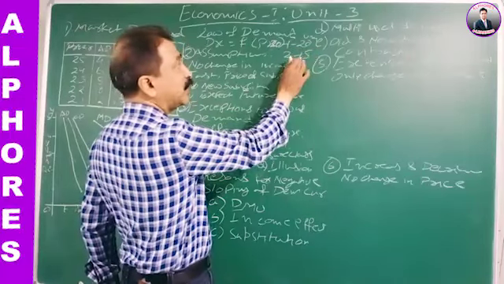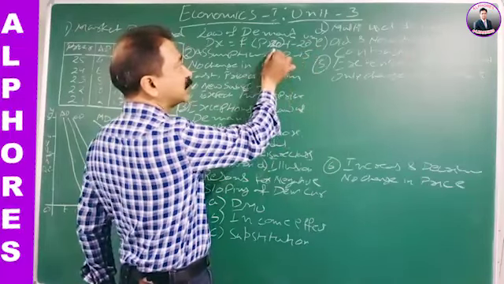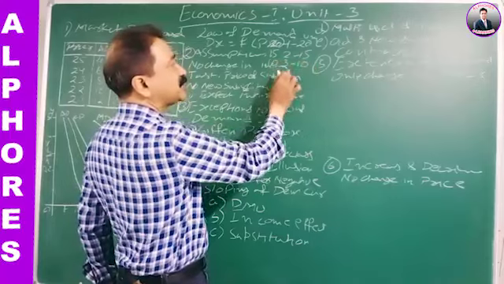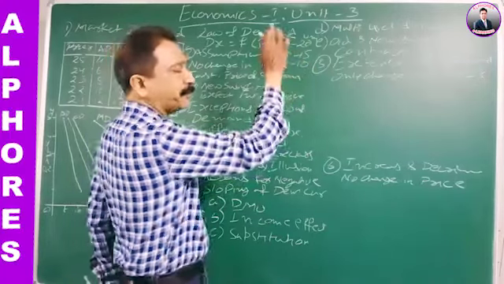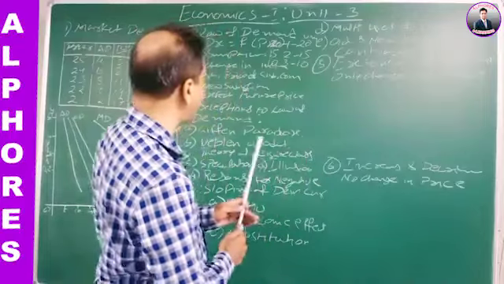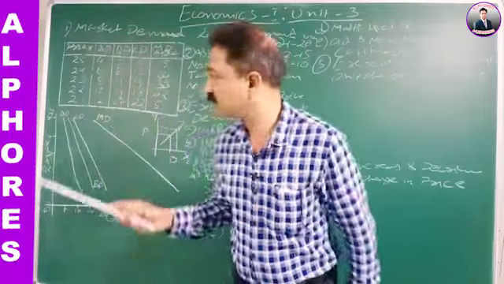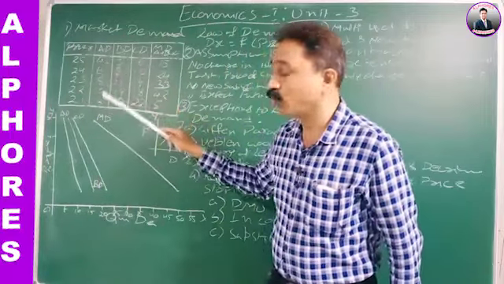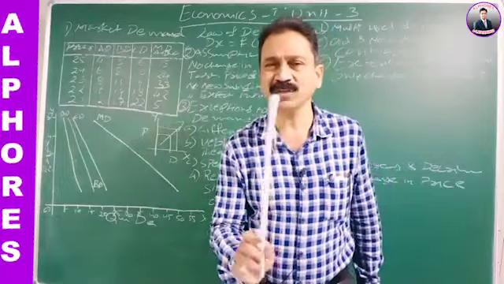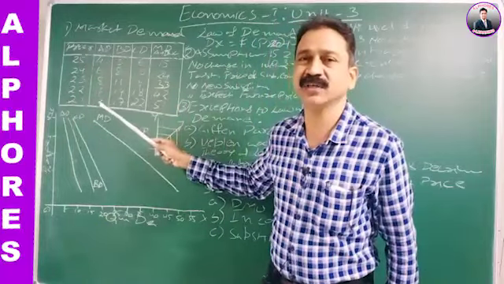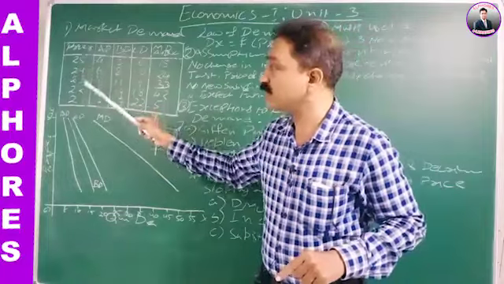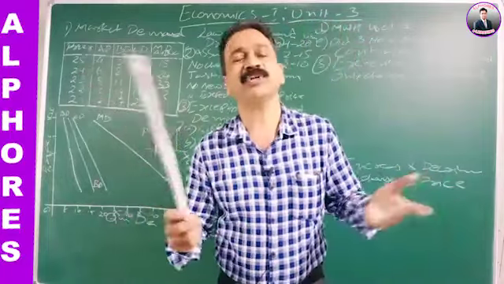Then you stop purchasing. If the price decreases to 15, then you will be ready to purchase because you are getting 15 units of satisfaction. 20 rupees, 15 rupees. Third, it decreases to 10. If the price also decreases, then only you will purchase the third commodity, otherwise you will stop purchasing. That's why whenever price decreases, you will start purchasing more quantities. Price decreases, you will purchase more. Why are you purchasing more? Just because your marginal utility also goes on decreasing. If marginal utility is decreasing and price is also decreasing, then you will be ready to purchase.